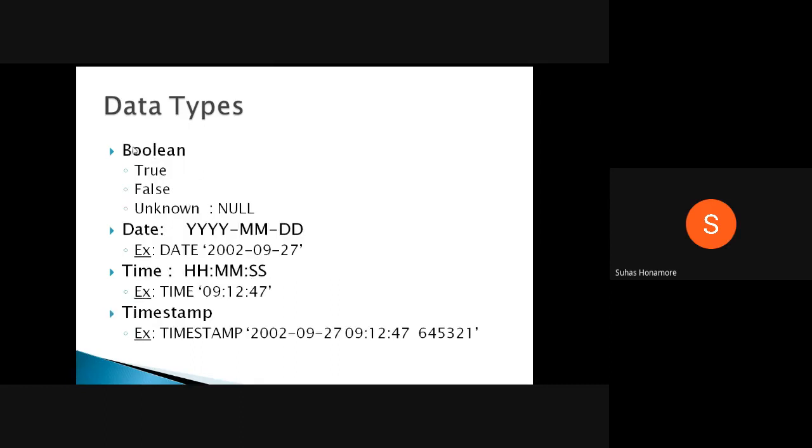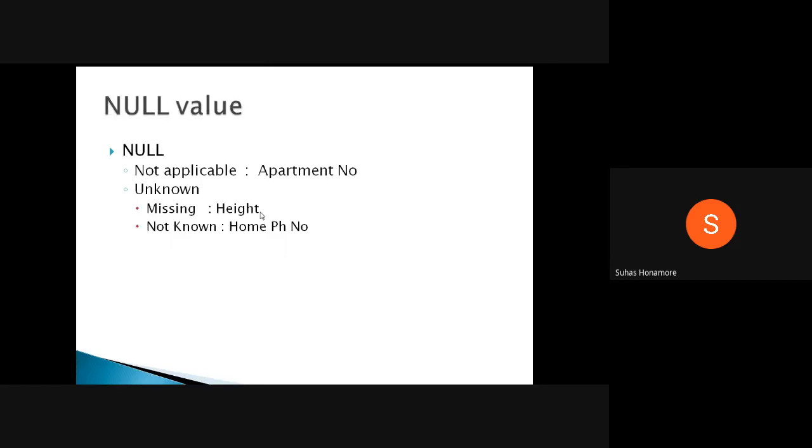While studying Boolean, we said we have to insert a null also. So when can we insert this null value? It's not only in Boolean, it may come in any data type. Sometimes we have to insert the null value. Null is not only related to Boolean; that was just one of the examples we gave.